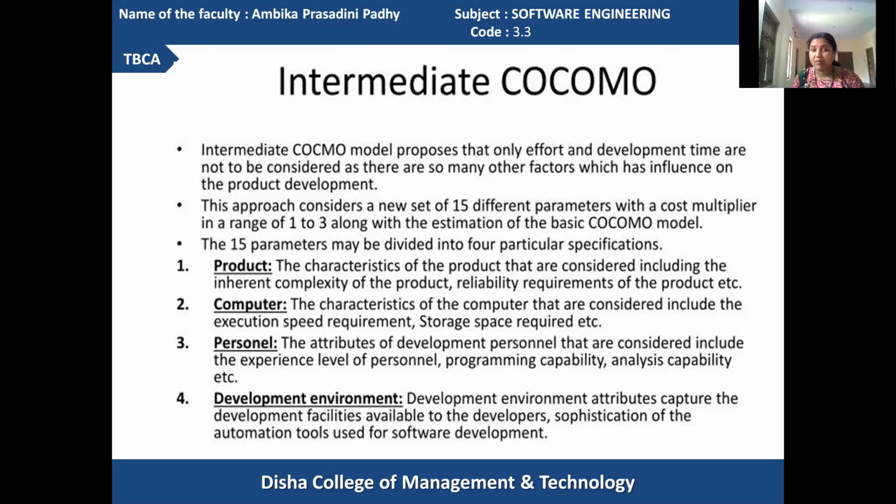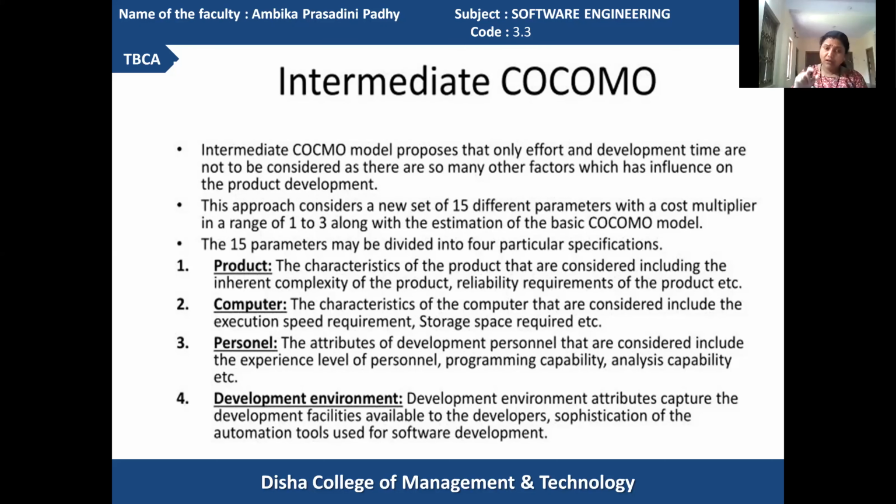When your product development is under process, what is the internal complexity inside it? Accordingly, the product requires more effort or more time. According to the reliability of the requirements to be identified for the product, there is also a greater impact on the real cost requirement and effort requirement. Got it?